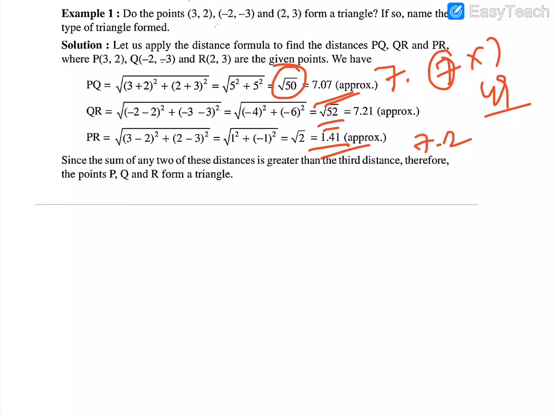In our triangle, whether 3 points form a triangle or not, how do we decide? If you add any two of these three distances, the sum must be greater than the third one. If you add these two, it is greater than this one; if you add these two, it is greater than this one, or if you add these two, it is greater than this one. So they are forming a triangle. Though that concept from geometry is involved here, the main concept is to make you understand finding distance using the formula.